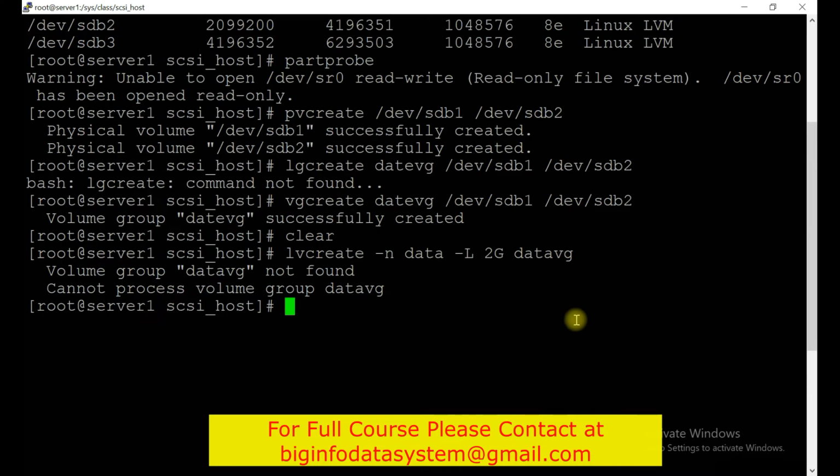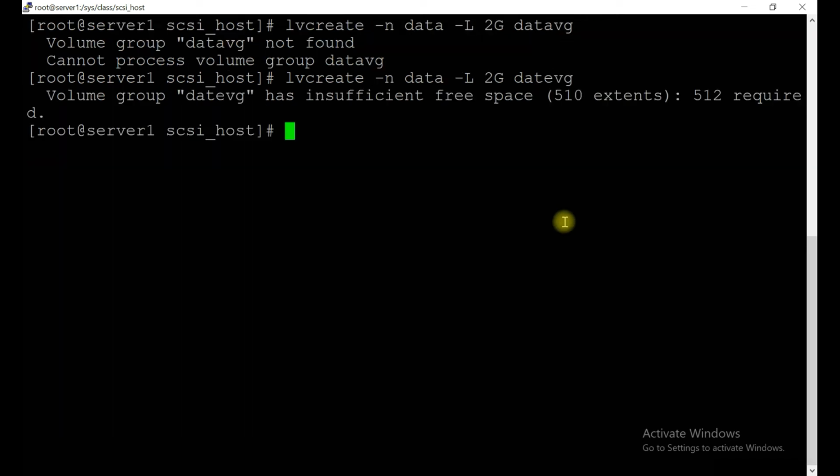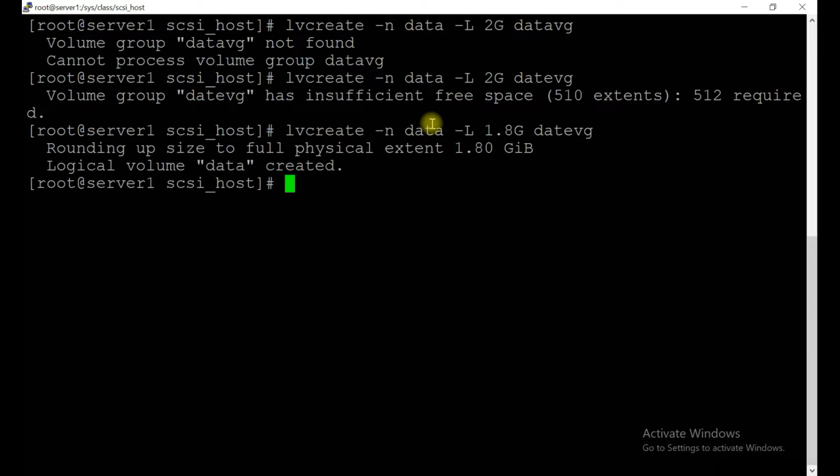Volume group data_vg not found, so make it date_vg. It should have sufficient space. Let's not take 2 GB because 2 GB might not be sufficient. Let's take 1.8 G. I'm not sure it will take or not. Yeah, it's created. Okay, so let's display with lvdisplay.